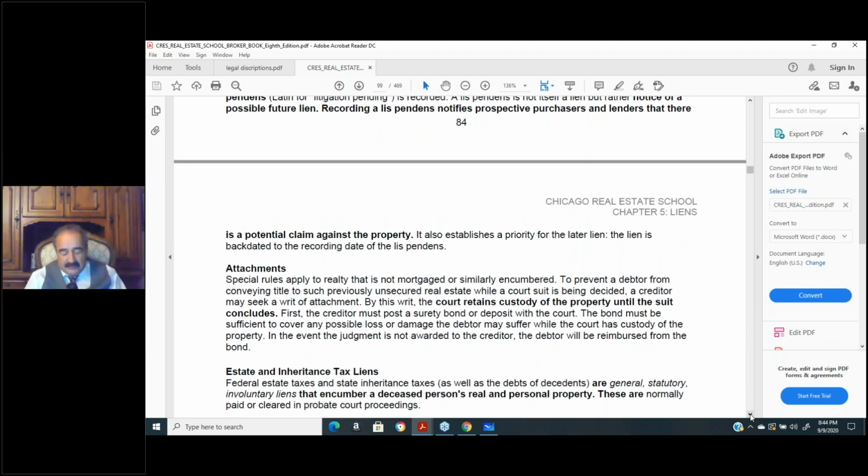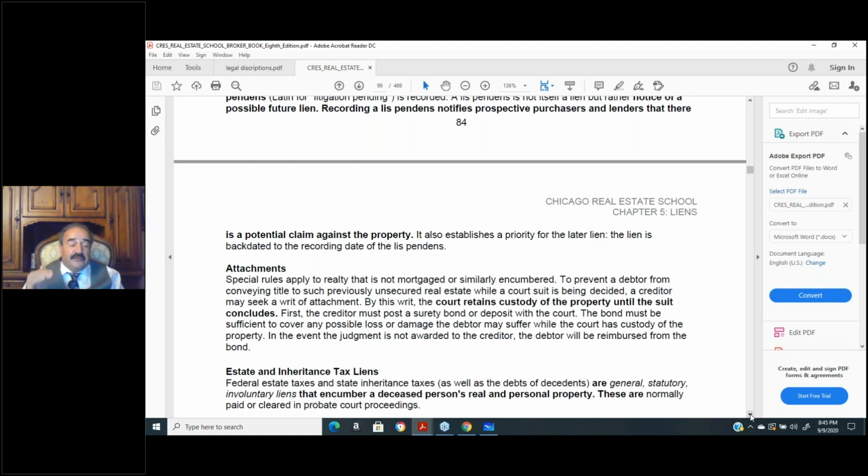Now, an attachment is this. Let's say I'm involved in a lawsuit. I had a car accident. I killed somebody. Now they're suing me for everything I own. I have $10 million in assets, and they're going to sue me for $10 million. Well, I don't want to lose all my property, so I take everything I own and I sell it to a friend of mine for $500. Now let this guy sue me. He gets my $500 because that's all I have left. Well, and then the lawsuit's over, I take my property back.